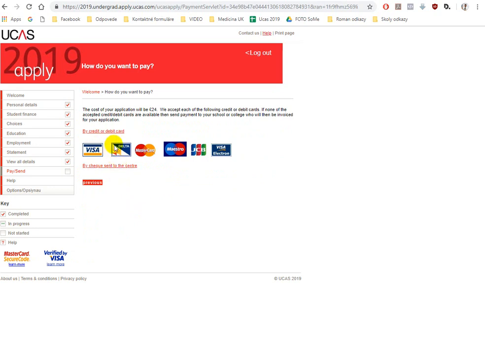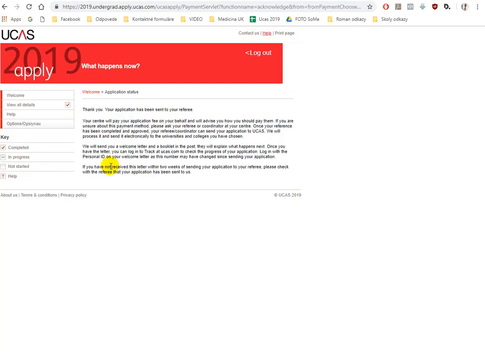And if you want to pay, of course you can pay with your Visa card, or you can leave it to iStudy and they will cover your fees for an application to UCAS. So, check, send to centre, here you are. Basically your application is sent, and all you need to do right now is to take one recommendation from your teacher, employer or trainer, or someone who knows you enough to write your recommendation letter, and to send it to iStudy